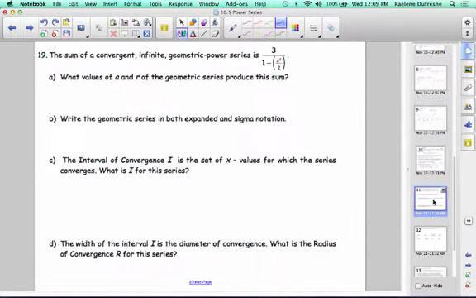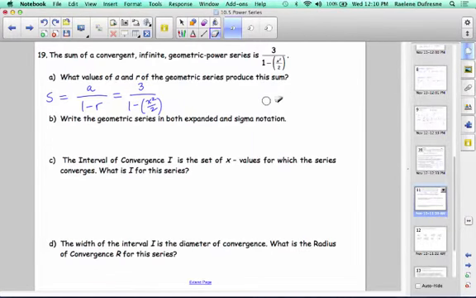Number 19 says that the sum of a convergent infinite geometric power series, so if it's a geometric series that is a power series, we know that we have a certain r value and all of the coefficients are constant. Well, we're given that the sum is here, 3 over 1 minus x squared over 2. So we know that the sum is equal to a over 1 minus r, which is given as 3 over 1 minus x squared over 2. And so we can see that a must equal 3, and